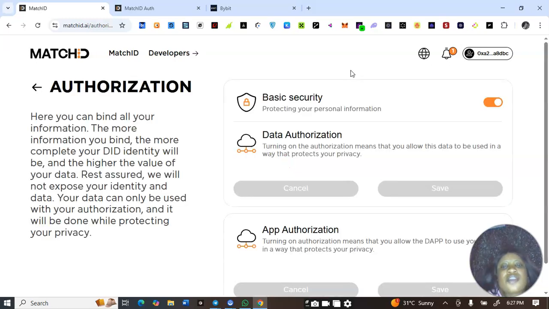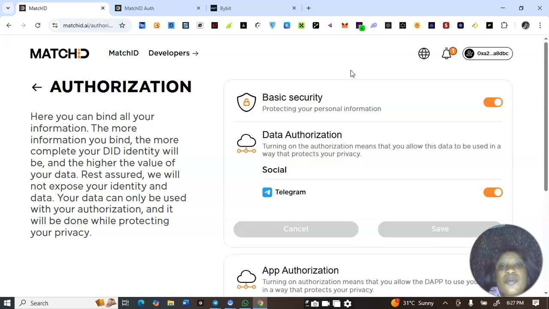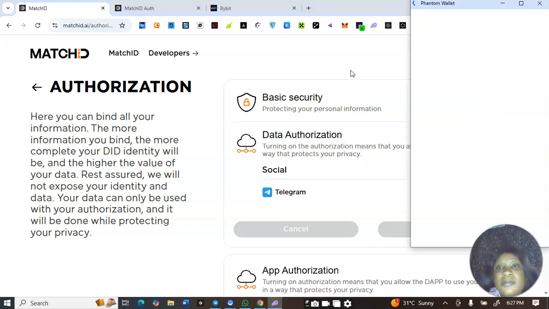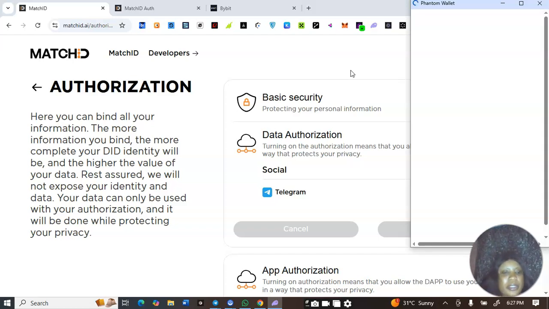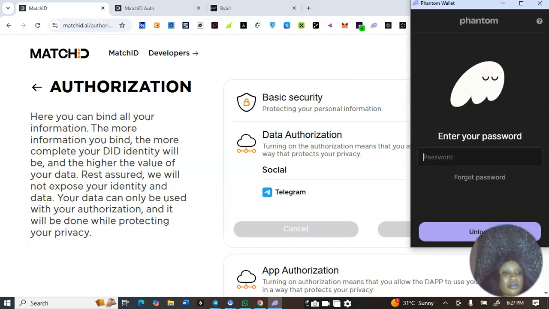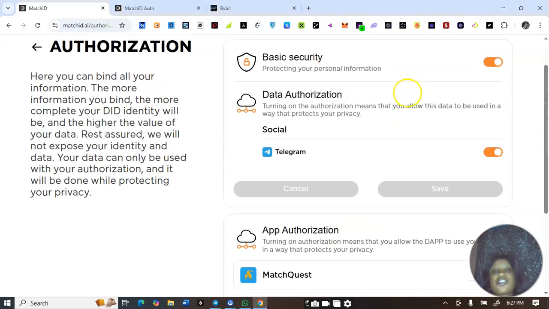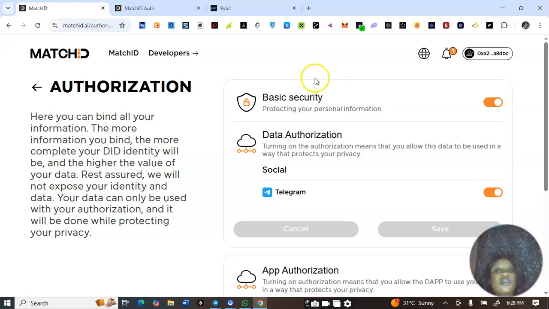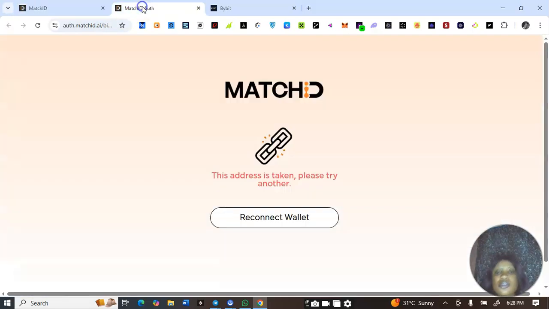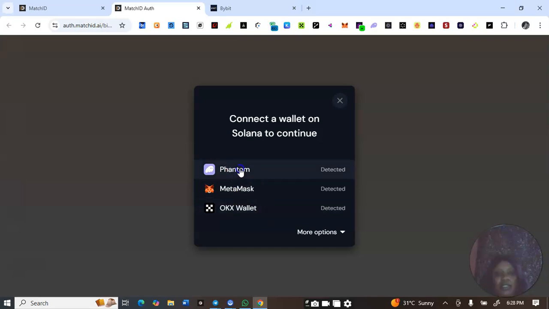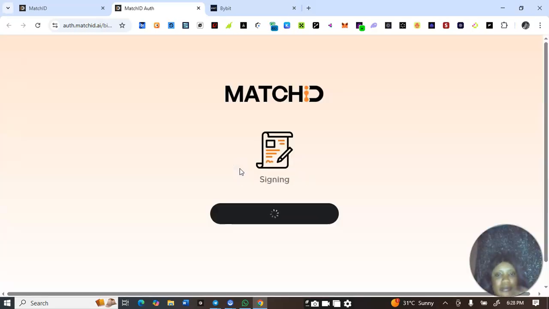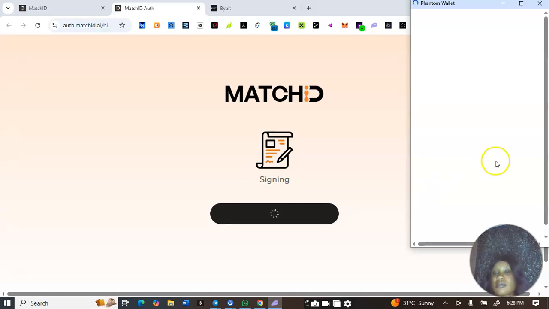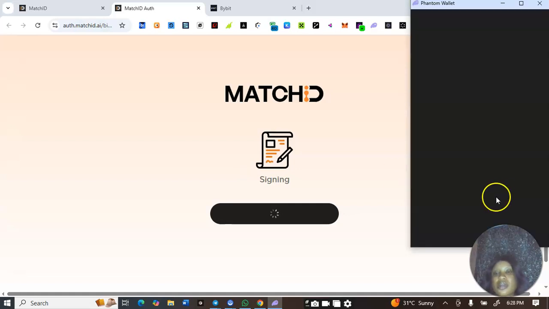So basically, these are the tasks you have to do. Basic security protection on. The Phantom wallet is just popping up for connection. So under this authorization, there is nothing much to do here. You can see it's just turning on data authorization. So coming back here again, we connect wallet. Let's see. I just want to be sure I'm connecting everything that needs to be